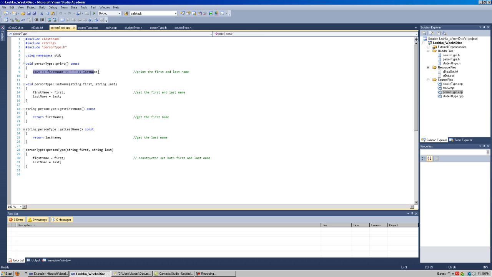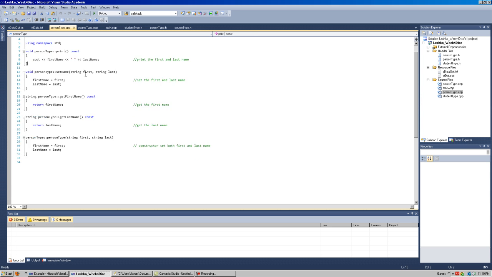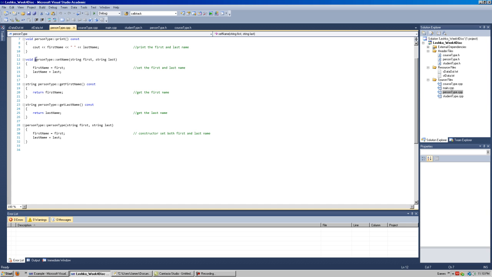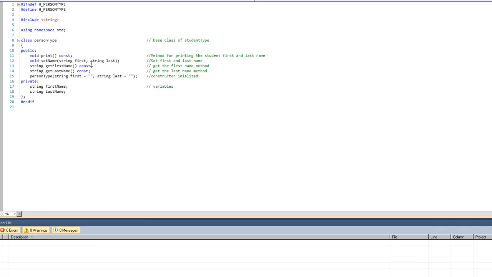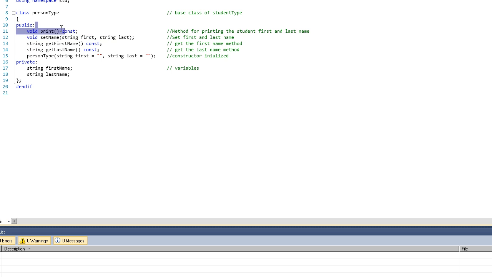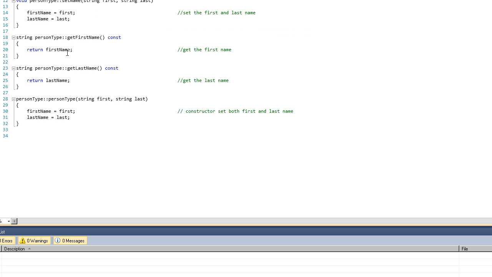Okay, then we're going to see out the first and last name as the method for print. Person type, set name, we're passing in the first and last name like I said earlier from the header, if you've seen here. This is the same method. You can see that was the last one I just explained. So each time we create one, we have a CPP and a method to describe how it's used. Okay, I've explained this in other videos, but I just thought maybe I'd go over it again before I get into how the derive,